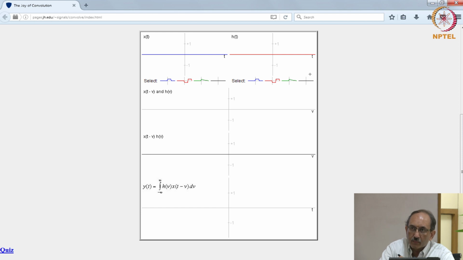Now, let us take two square pulses that are now noisy. So, this is one pulse. So, you can think of this as a square pulse plus some random noise,